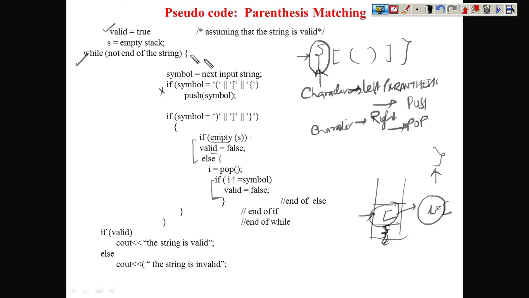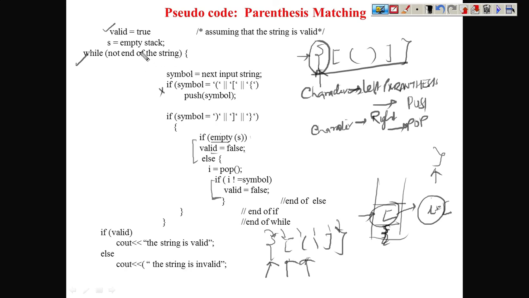And keep in mind, we are doing this in the entire loop. We keep checking all the characters. If you have this string, you have to check this character, then this character, and this character. We do this with the help of a while loop, which iterates over every character, and when all the characters of the expression are finished, you stop. Until you reach the end of the string, you keep on doing this work.